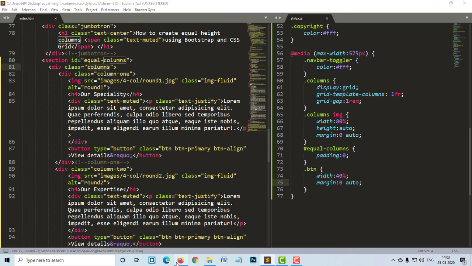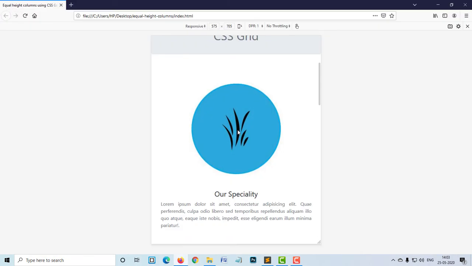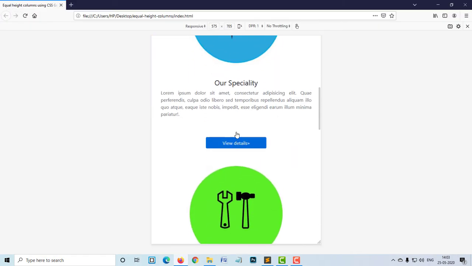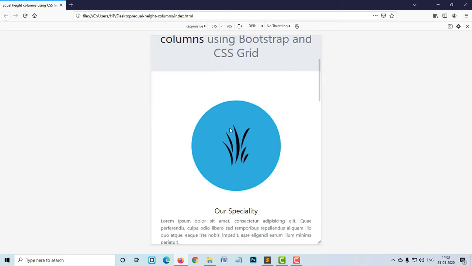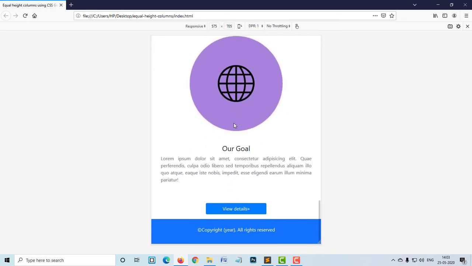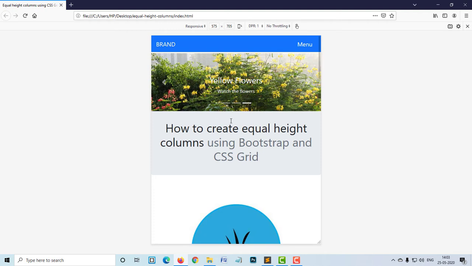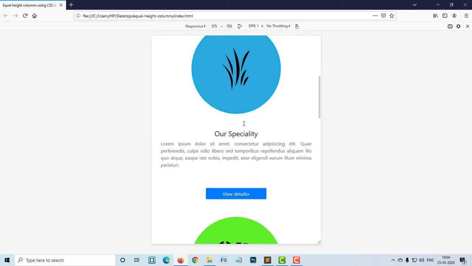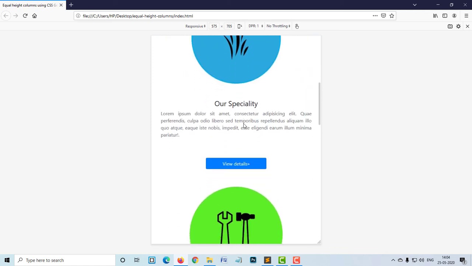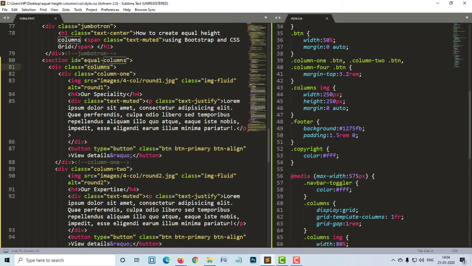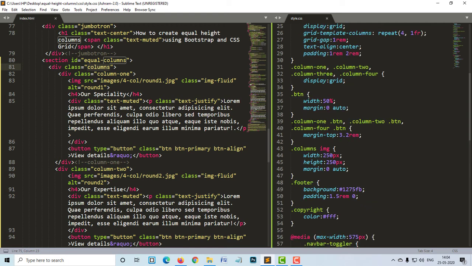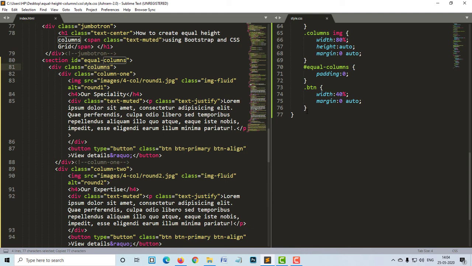Save it, and now if you refresh, you can see that the buttons have become smaller, the height has come down. So this is how it will look in the smallest viewport. Now the margin here is much higher, since we had given 3.2 rem for these columns, so let's come down here and reduce that.